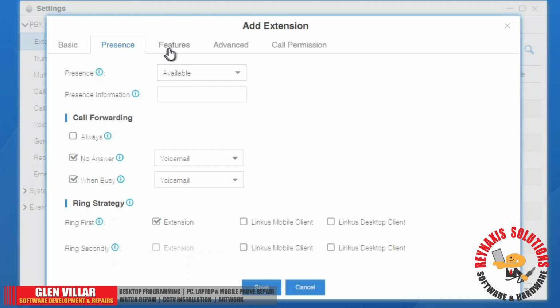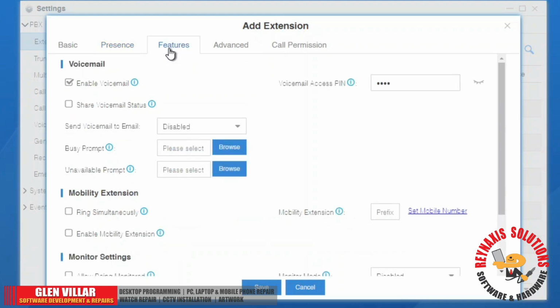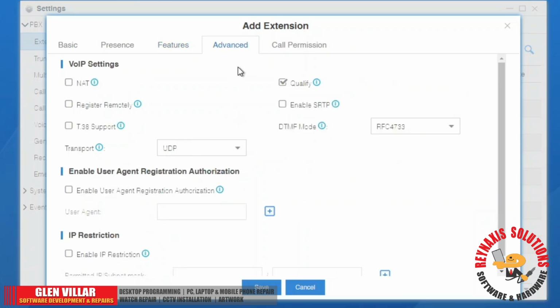Leave it and proceed to the Futures tab. Leave it again and proceed to the Advanced tab. Okay, now you can see that you have the option for VoIP settings here. Click on the net,